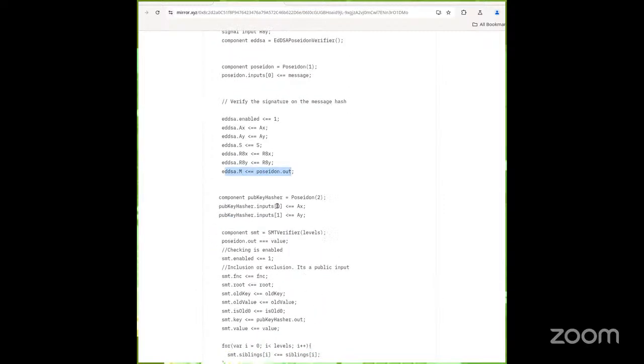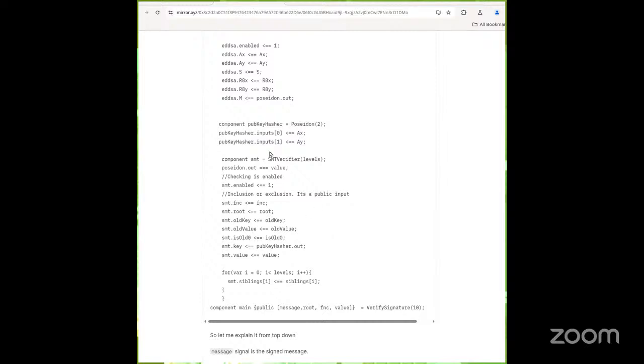Then it computes a sort of an account abstraction address from the public keys, which are these parameters in the signature, and then uses this pub key hash to check if a value is included in the Merkle tree or not.